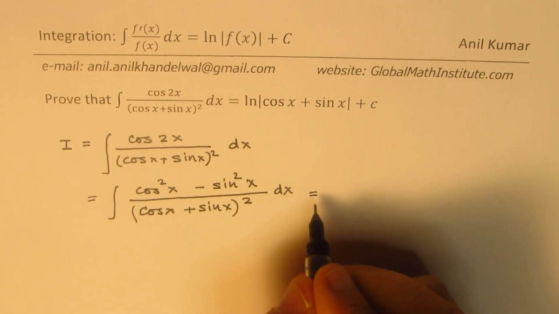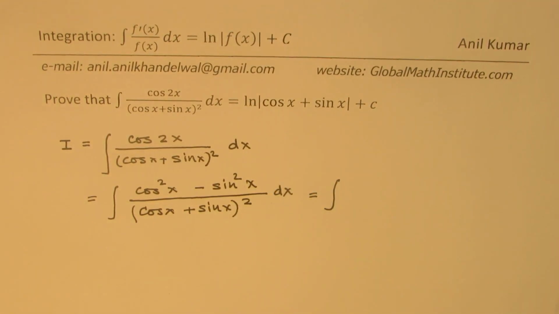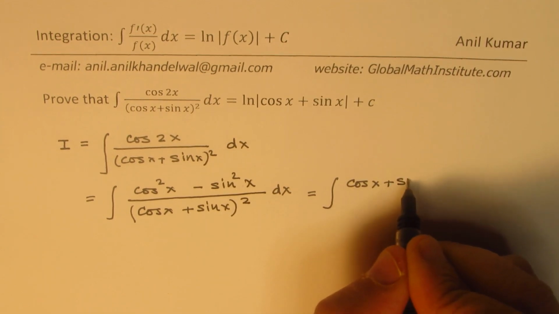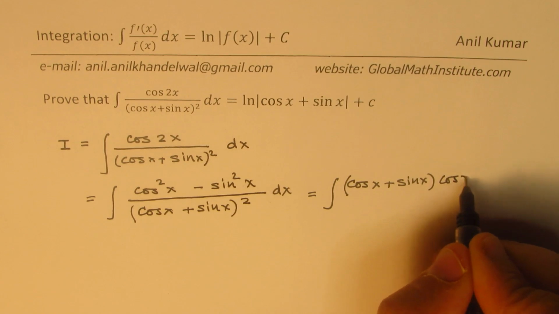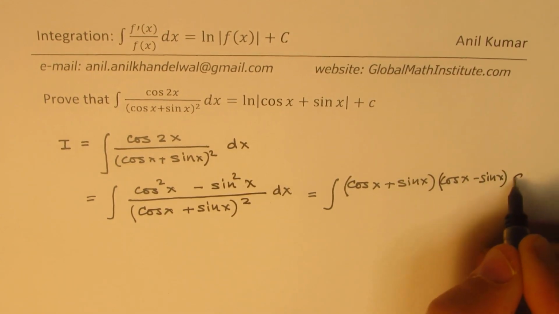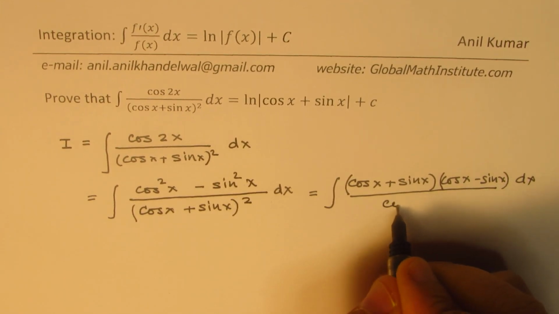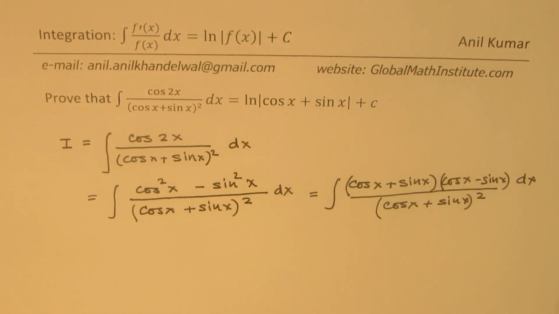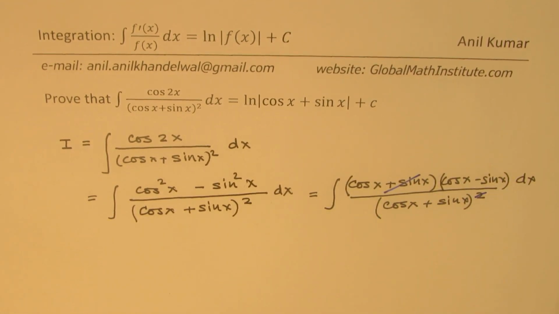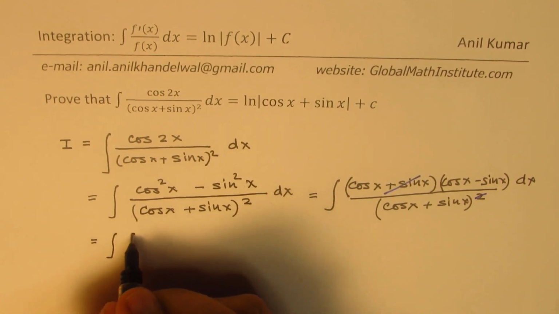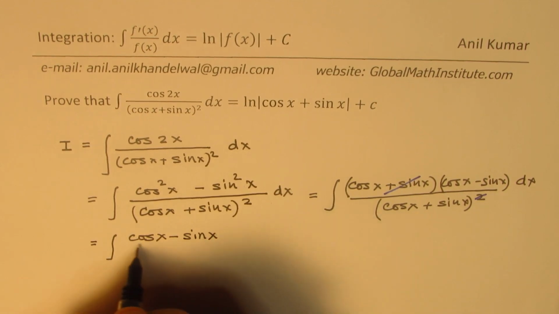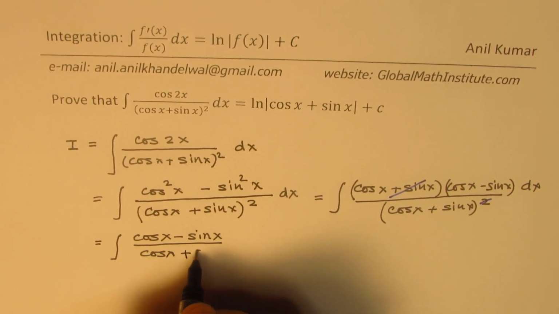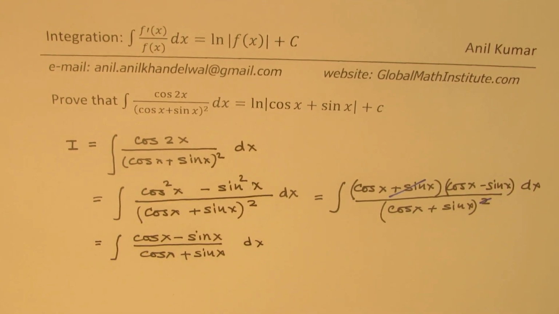Now the numerator can be written as, this is a difference of squares, right? So I could write this as cos x plus sin x times cos x minus sin x, correct? dx over cos x plus sin x whole square. Now you can simplify this by cancelling one of the common factors. So what we get here is the integral of cos x minus sin x over cos x plus sin x dx. Perfect. Now you know the derivative of the denominator is the numerator,